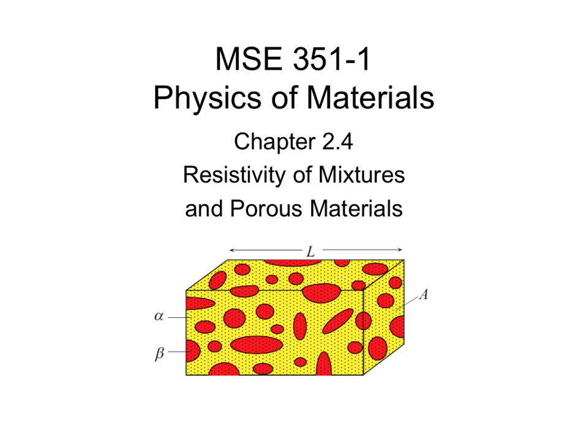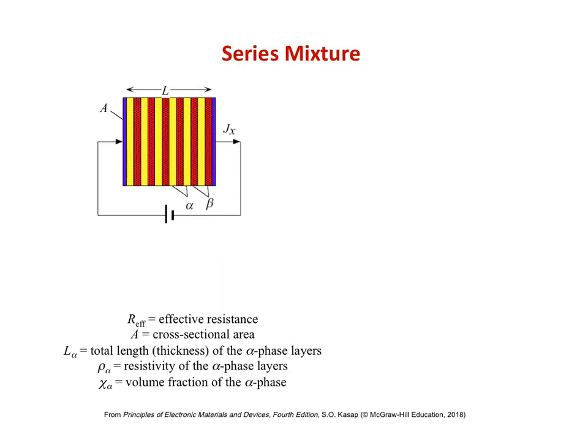In the last section, we were considering defects at the atomic scale or impurities within the mean free path of the electron. In this section, we will take a step back and look at classical mixtures or porous materials. Consider first a simple layered mixture of two materials, alpha and beta, where the alpha here is represented as yellow